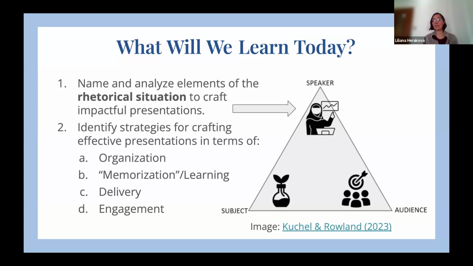How do we develop familiarity with our own message, our own speech, our own subject, so that it feels like something we do want to talk about, we are passionate about, and we're also knowledgeable about? How do we develop, even within a limited amount of time, knowledge of the audience and relationality with the audience so that they also trust us and trust our credibility? And finally, again within this limited amount of time, how do we connect the audience to the subject matter that we're talking about? How do we make it relevant to them?